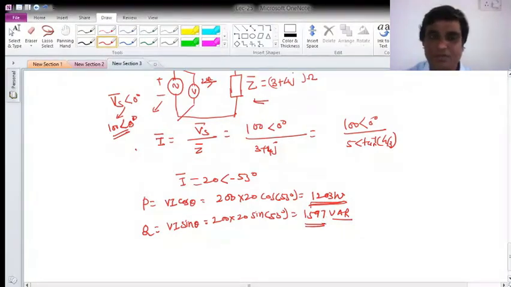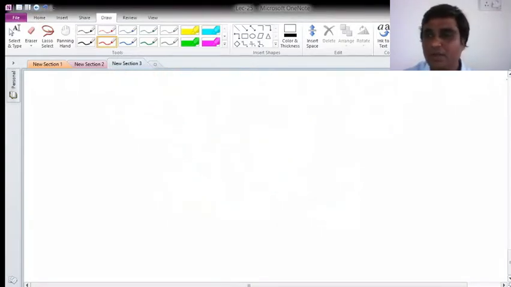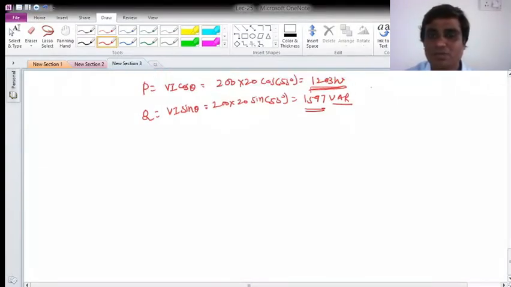Now, if he has to charge, obviously the supply authority will charge you on the active power. He cannot charge you on reactive power, because sometimes the source is supplying the power, and at other times, not simultaneously, the load will also supply power to the source. So the supply authority cannot charge for reactive power. They must charge only for the active power.